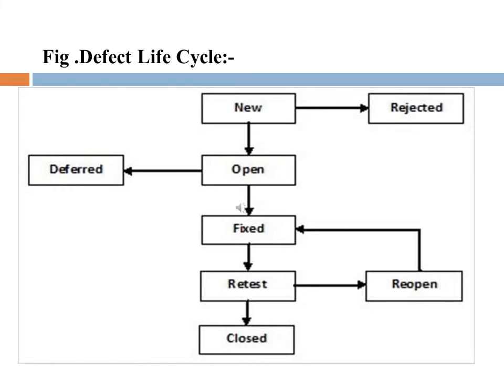Second is the resolve. Once the programmer fixes the code, he assigns the report back to the tester and the bug enters the resolve state. The tester then performs a verification test to confirm that the bug is indeed fixed, and if it is, closes the report. Then third is the close. The bug then enters the final state, the close state.